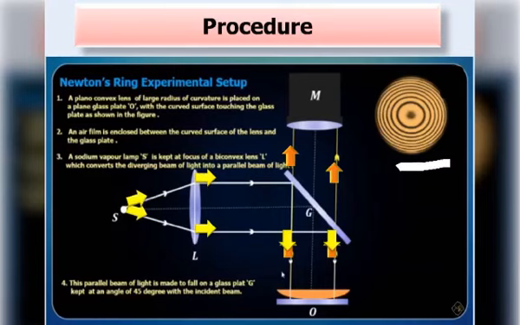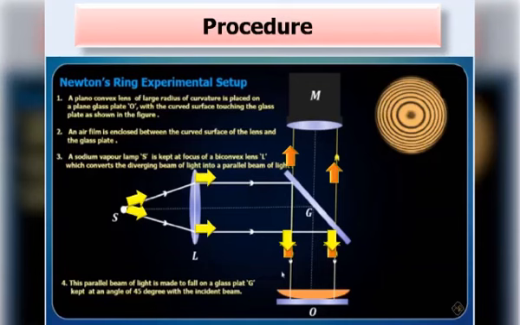Here we see the Newton's rings formation, where the center of the rings is dark. So there is a question: why is the center of Newton's rings dark? At the point of contact the path difference is 0, but one of the interfering rays is reflected, so the effective path difference becomes lambda by 2 and the minimum intensity condition is created, so the center of the ring is dark.